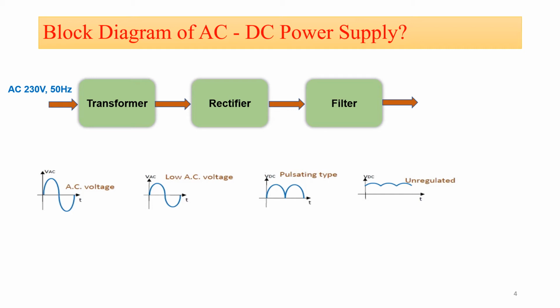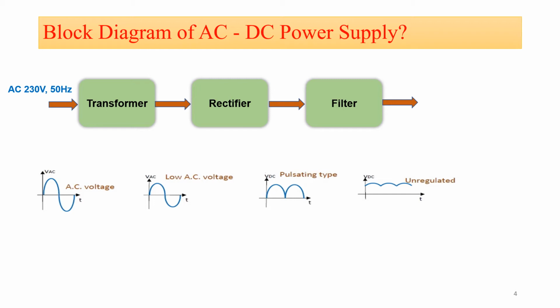Now our objective is to convert this pulsating DC signal into regulated DC, or to remove the pulses, or to remove the AC signal from the output of your rectifier. To remove the AC pulses from the output of your rectifier, we will require a filter circuit. Now what is a filter? It is basically used to remove the AC components, and we can use a C type, that is a capacitor filter, or an inductive filter, or an LC type or CLC type of filter to remove the pulses from the output of your rectifier.